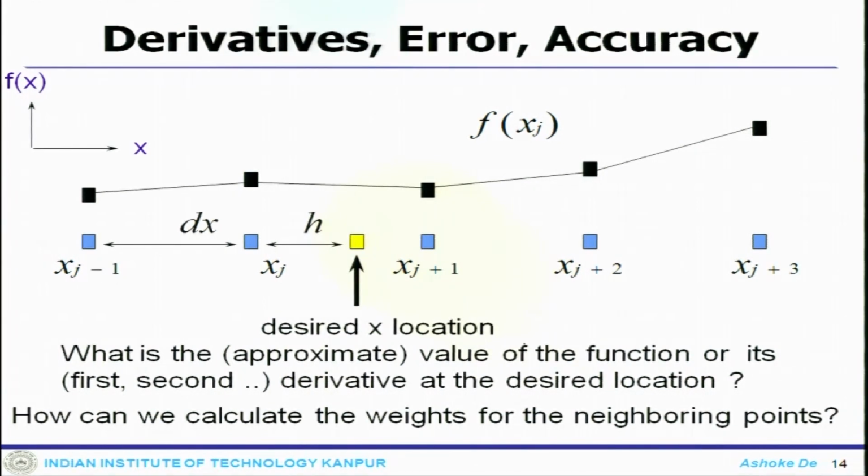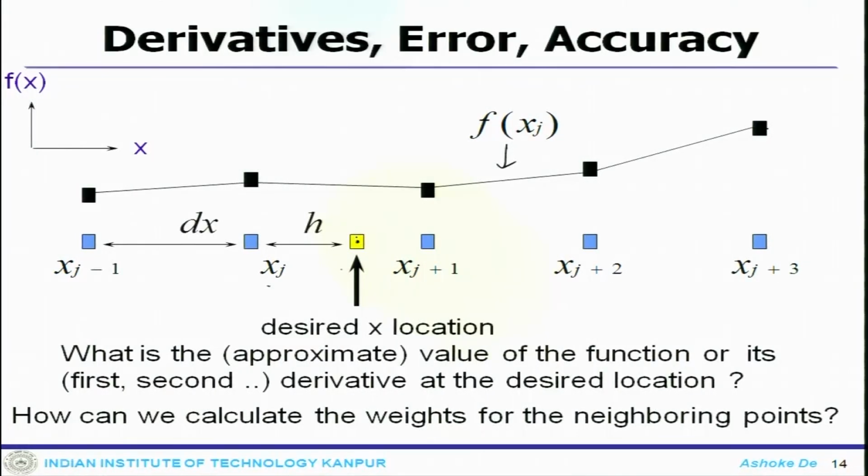Now, if you move forward and try to find out the point, let us say I have this kind of system which is not looking like a uniform system. I have a point here, here, here, here and here. These are the function values which represent these points, and the distance between them is dx. I try to find out a position which is the exact location at distance h from this point, and I try to find out the derivative at this location. So, how do I calculate?